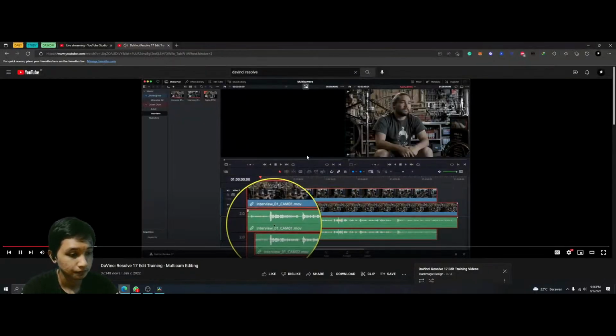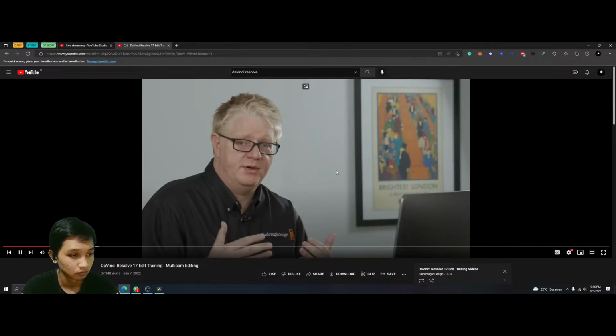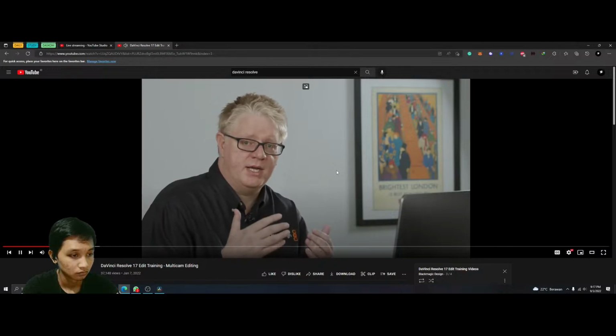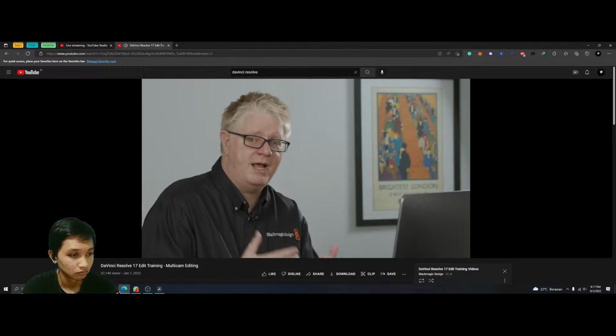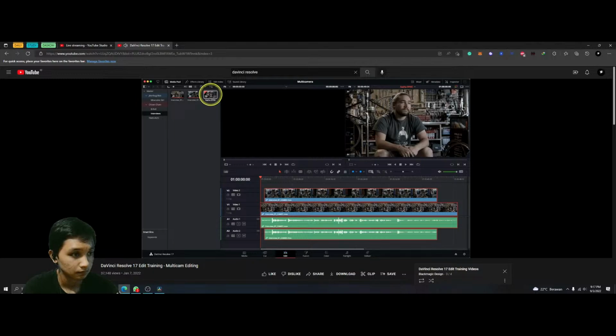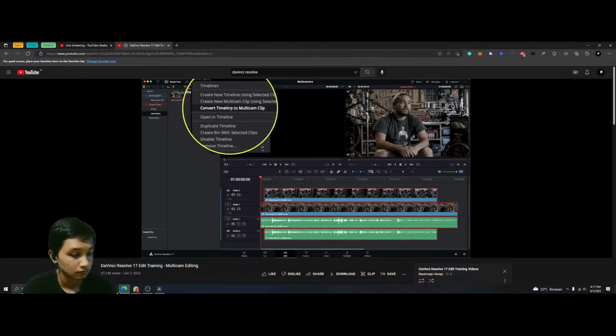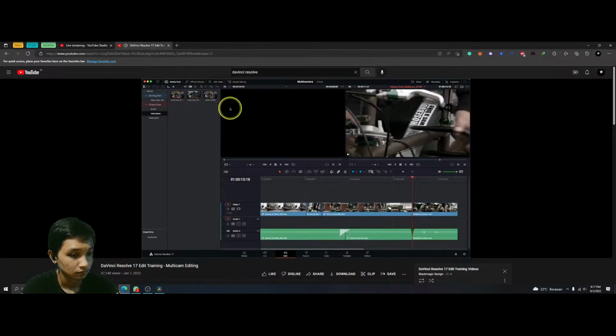See, just by looking at the waveform displays how the waveforms are matching up across the two clips. Now that I've got the clips synchronized in the timeline, I now need to actually create a multi-camera clip from the timeline. And you can actually create a multi-camera clip either from a regular timeline or from a compound clip. So I'm going to locate the timeline in the media pool, right-click on it, and then choose the option Convert Timeline to Multicam Clip. This closes the timeline down because now it's no longer a timeline, it's technically a multi-camera clip. And